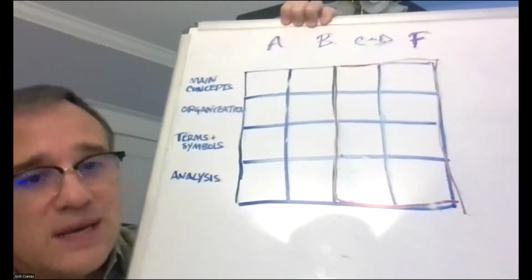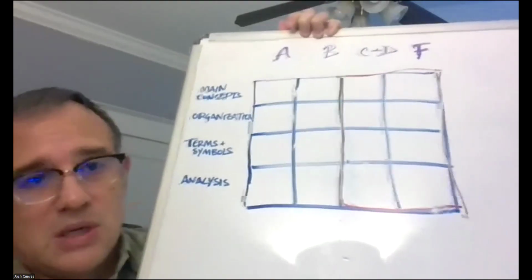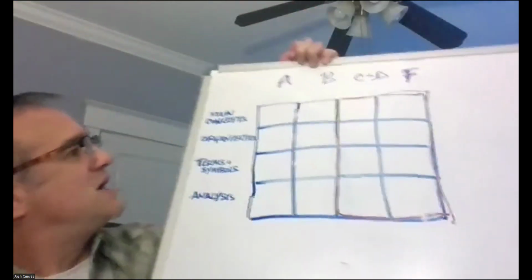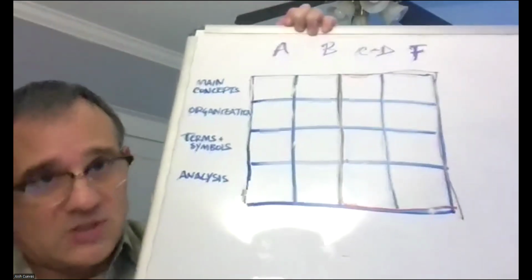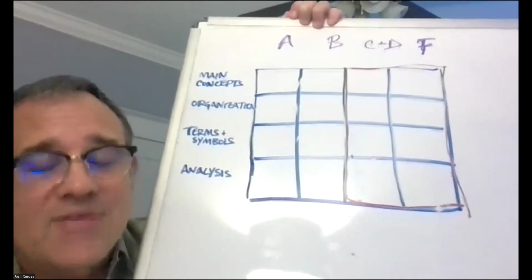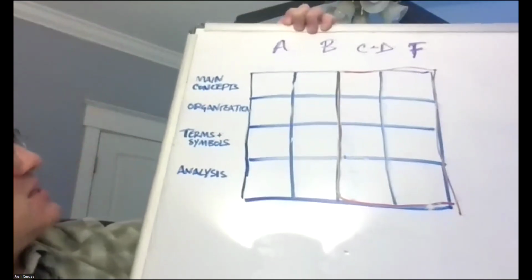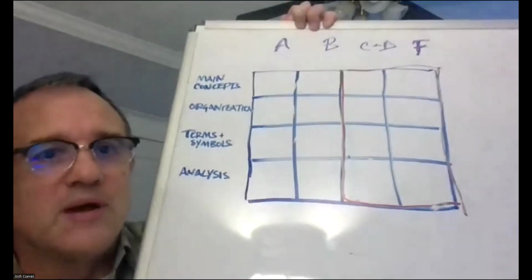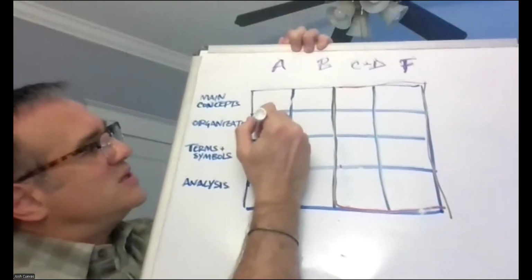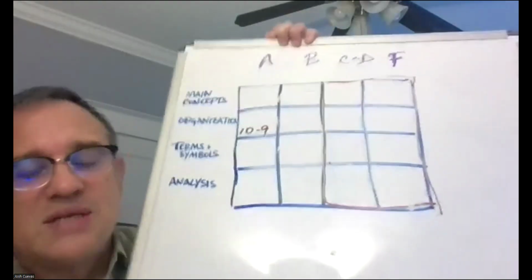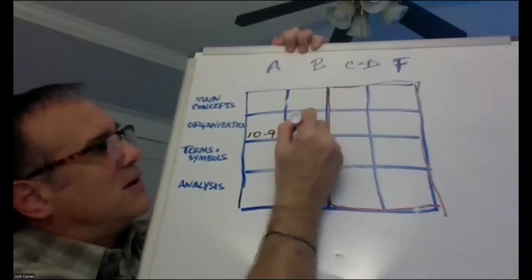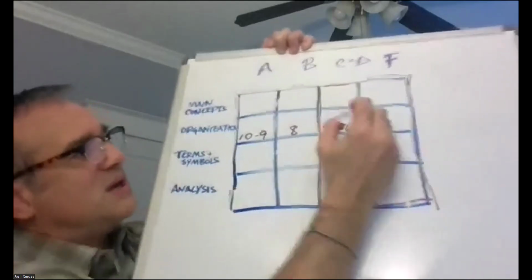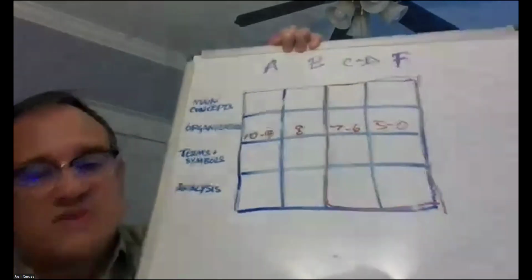So the easiest way to do that is to use categories worth 10 points. Let's say this might be a minor category, because I'll show you how to do the math if it's a major category. All right, so let's take a minor category. We'll call it organization. Maybe that's the less important one, right? So here, that's worth 10 to 9 points. Here, this is worth 8 points. Here, it's worth 7 to 6 points. And here, it's worth 5 to 0 points,